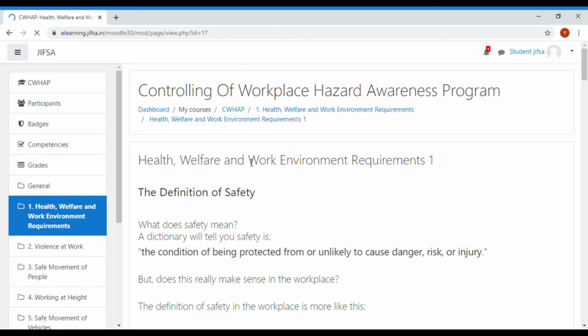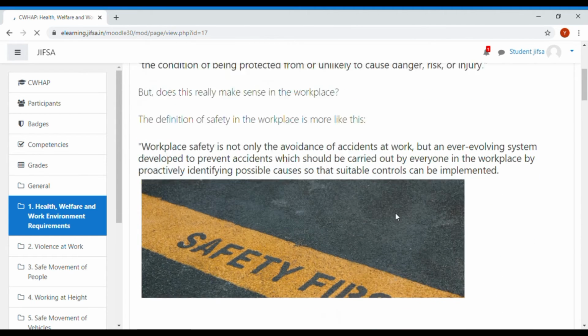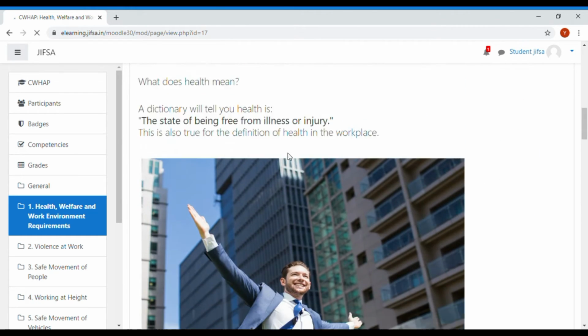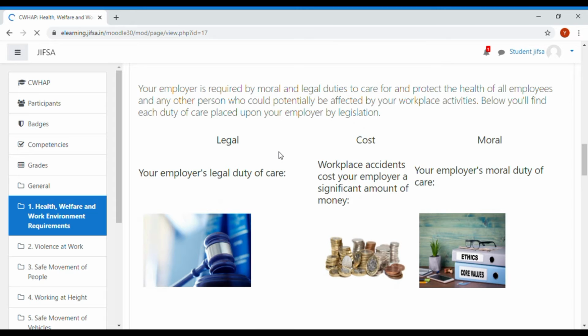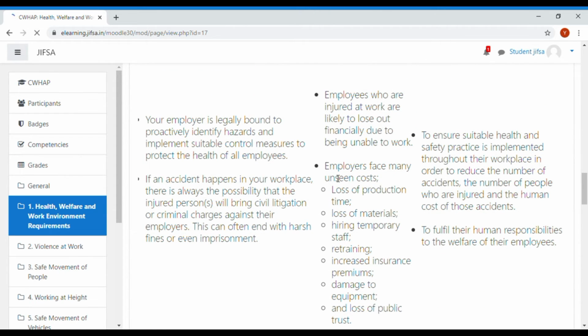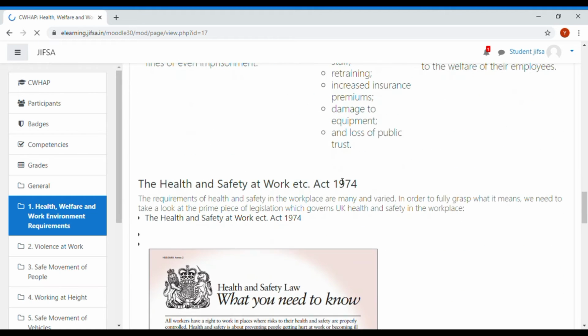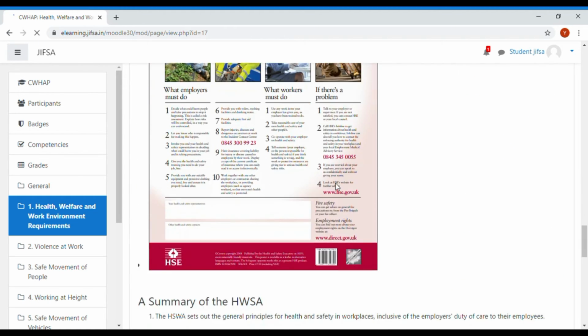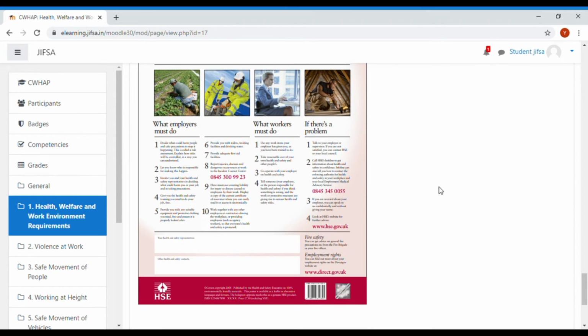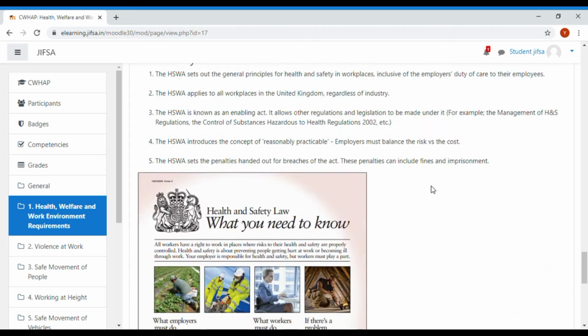You have to thoroughly read all these literatures. You can see that through images and diagrams, you can learn here at your own pace. If you have any doubt, you can ask your trainer directly in live classes, or you can message from here also.